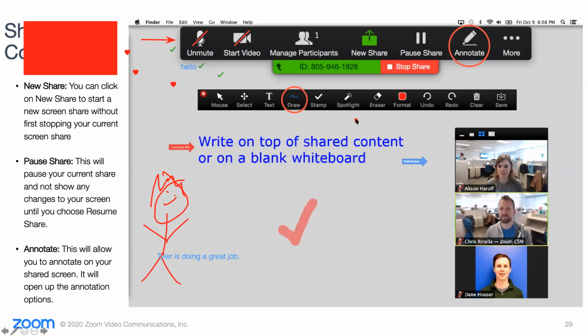But one of my favorites is the spotlight tool. Now, hopefully you all are seeing this in my screenshots here on my slide deck. The spotlight tool is actually for the person sharing the content. So for example, if I stopped sharing content and Todd started to, he would have access to the spotlight tool. Now, the reason I bring this one up, instead of just drawing everywhere, so this is me at the bottom,